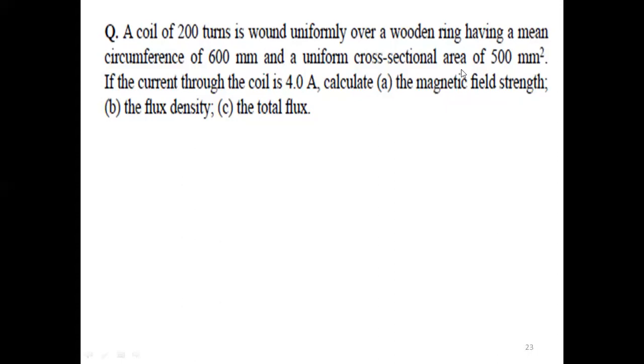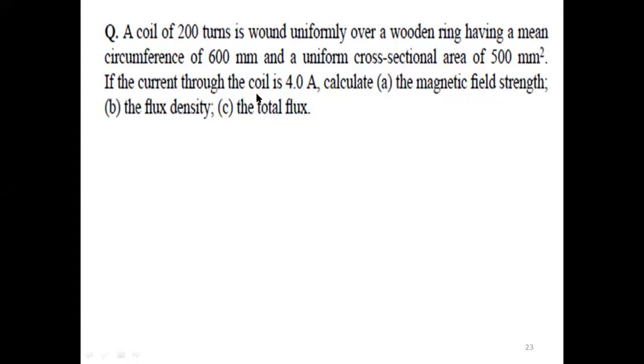And uniform cross sectional area is 500 millimeter square here now. So here m means millimeter. The length should be in meter. This milli we have to convert into numerical form. 600 into 10 to the power of minus 3 we have to write here. The cross sectional area is written in mm square, millimeter square. So milli square is nothing but 10 to the power of minus 3 into 2, that is 10 to the power of minus 6 we have to consider here now. So A equal to 500 into 10 to the power of minus 6 meter square. L equal to 600 into 10 to the power of minus 3 meter.